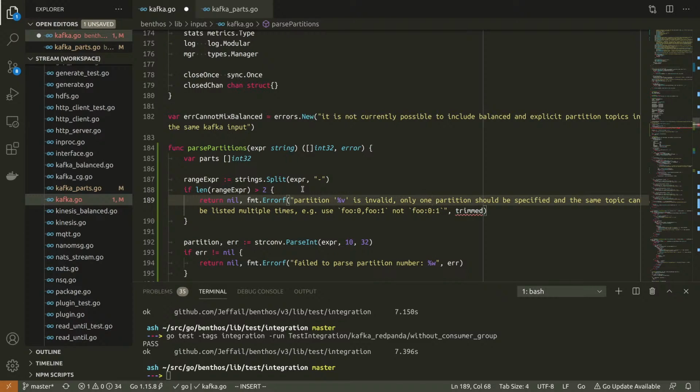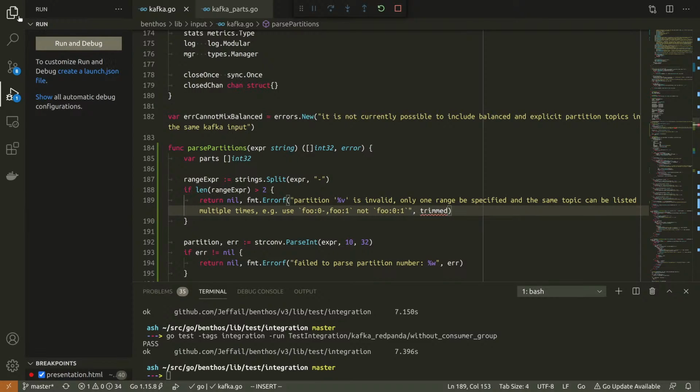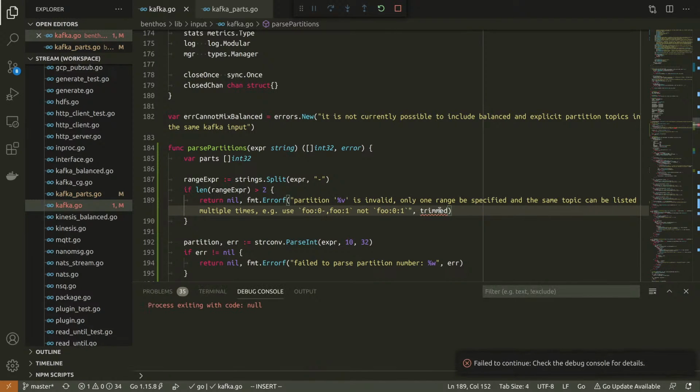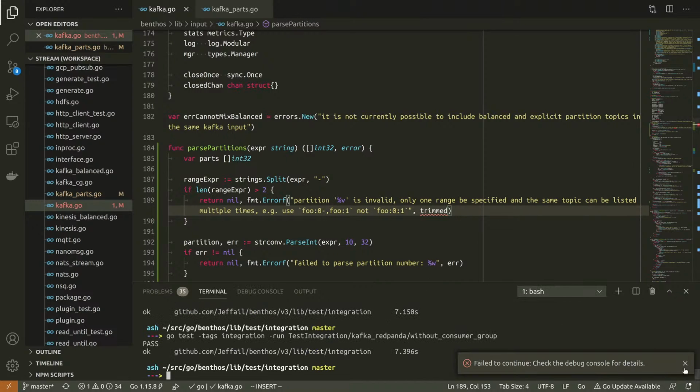Only one range. Okay, so if somebody's put multiple dashes, then chances are they're trying to do something like this.